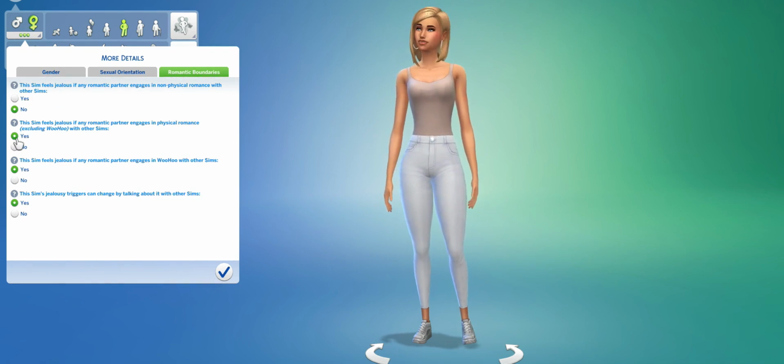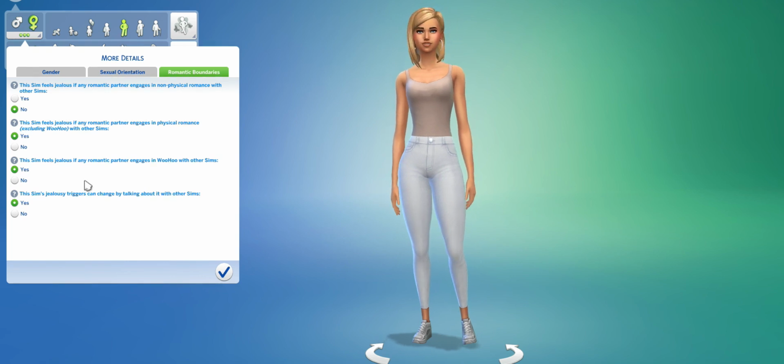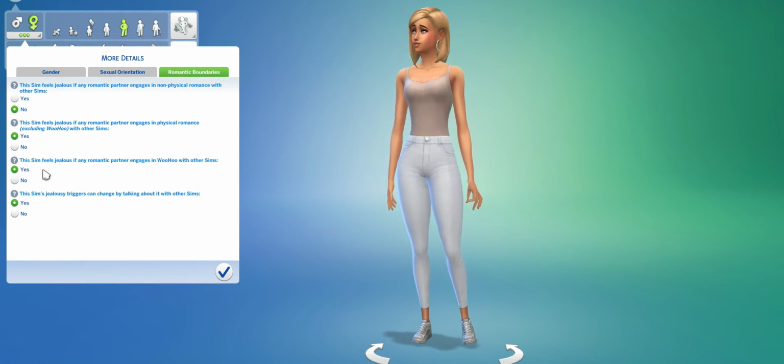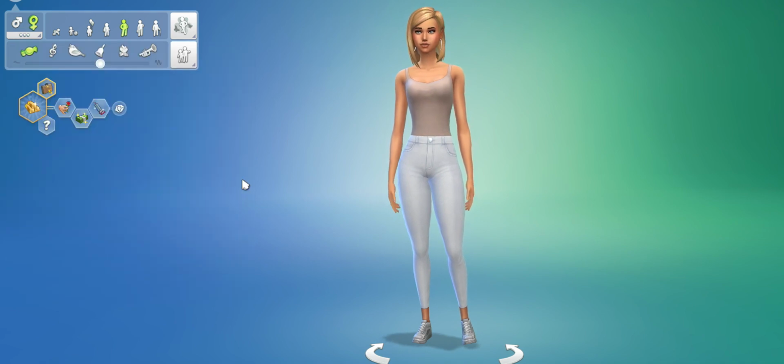But what if she does feel jealous of it being physical and woohoo? And maybe she is not okay with it now, but maybe she wants to be able to be open to it, so we could leave that option. So that's just a couple ways to more identify your sexuality and your Sims'